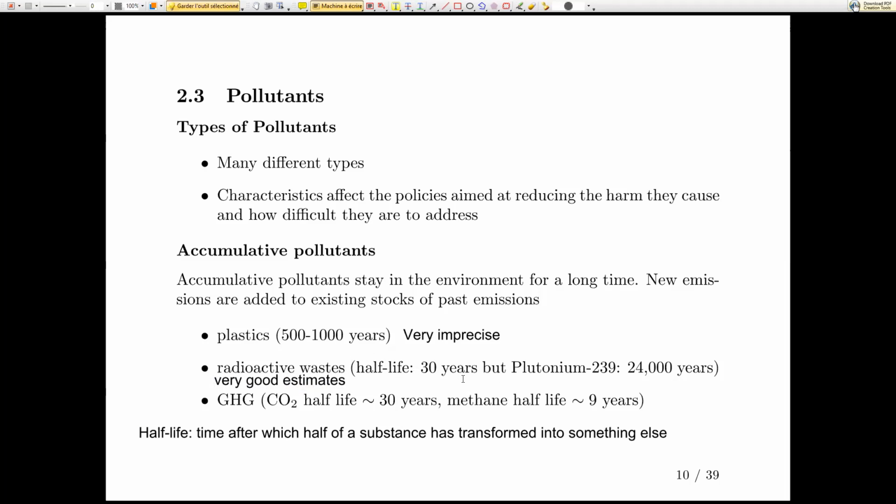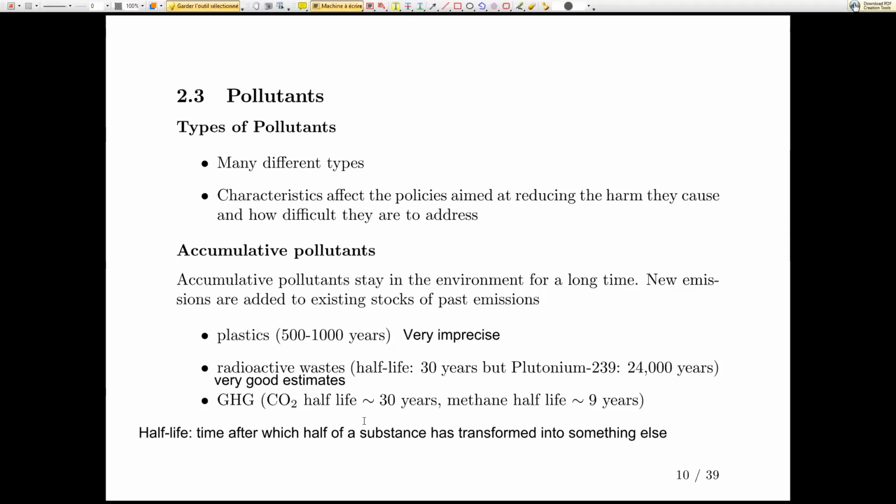And if you think about it, if you produce some nuclear waste and you say, oh, it may contaminate water and we should care very much about how we store it. But nuclear power has been going on for about 30 years in some instances. So for this sort of residual, already half of it would have disappeared. So it still means that half of it is still there, but the time horizon isn't too bad. This is bad, but we should be concerned with it. Greenhouse gas is the same.